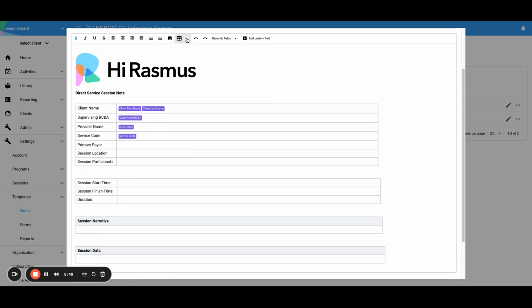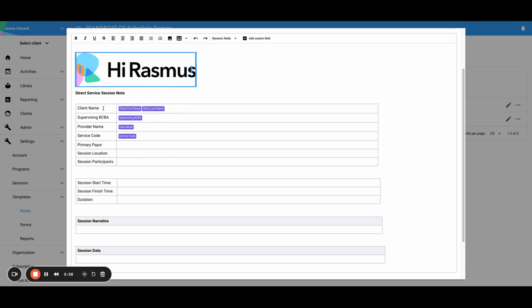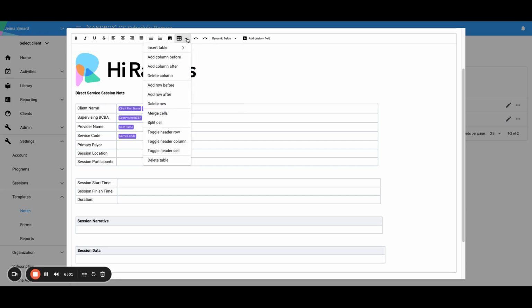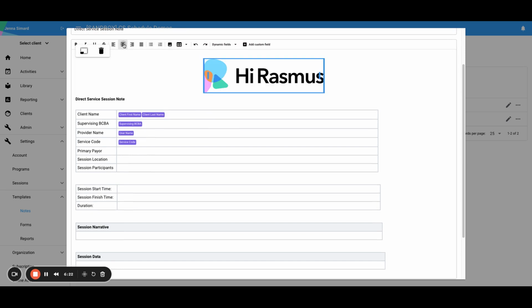So I've added a table. You can just do this by selecting a table, hit insert table, and then you can select how many rows and columns, and you can also toggle on or off whether or not you want a header row. If I click into a table and select the dropdown, all of these options here will apply to the current table that I'm on. So if I want to add a column, delete a column, merge or split cells, toggle on a header row, all of that good stuff will apply to the table that I'm using. And you can apply many different tables within your note template. You can also do bullets, numbering, and select if you want something to be center or left or on the